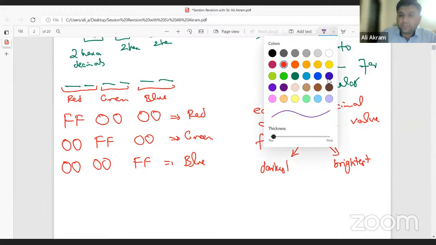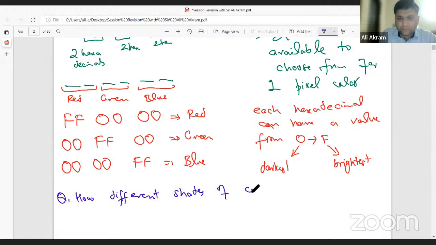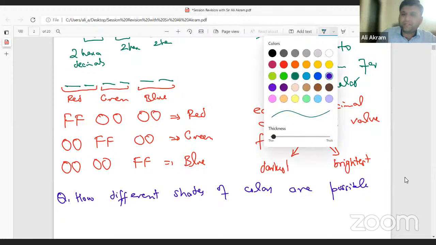Okay, there was a question in the past paper in which you were asked how different shades of colors are possible. In that question, you were given an example, just for an example. You weren't asked to mention how you will generate the darker shade of blue. No, it was just given as an example. So you only had to state how different shades of colors can be generated using these 6 hexadecimals or 24 bits. So therefore, as an answer, what you could have written is that